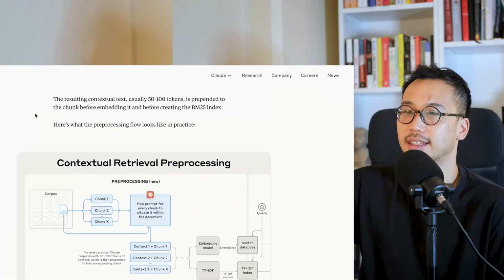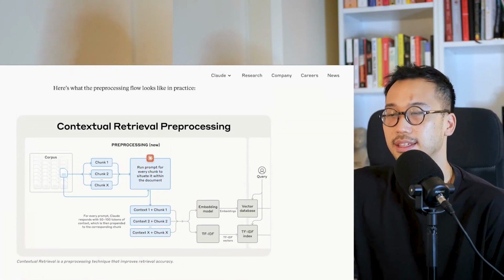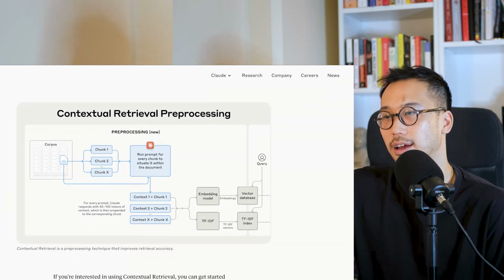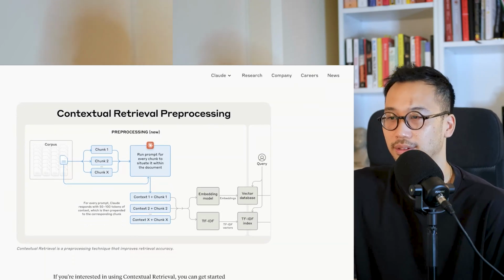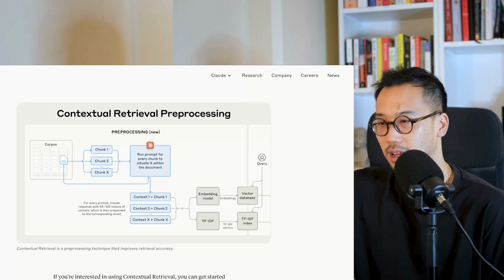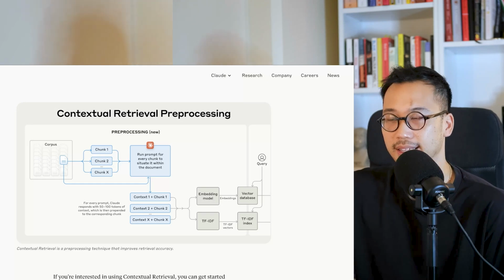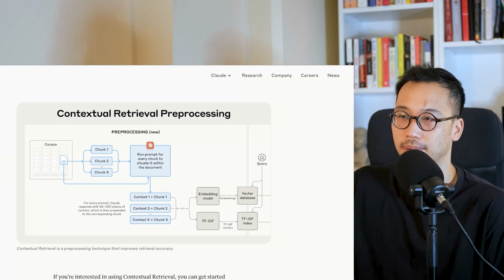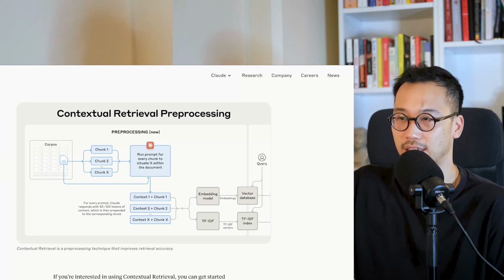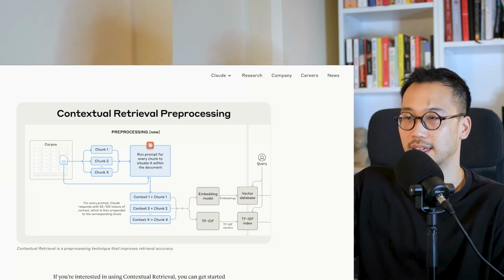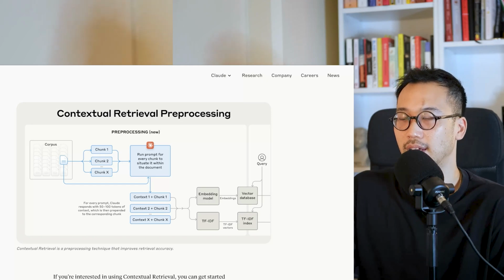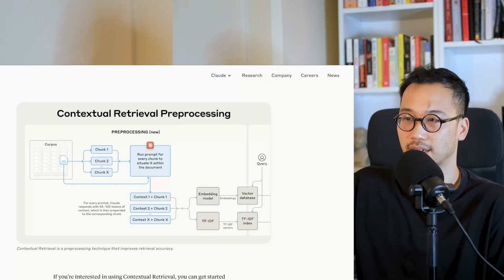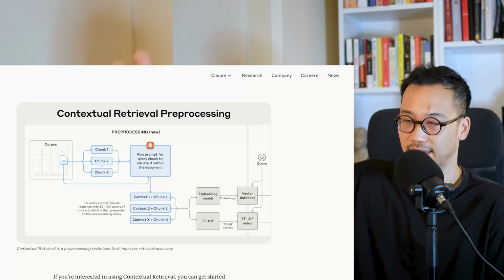Yeah, I think the last one I wanted to share was the Anthropic one, which was only published very recently, I think a few months ago. This is contextual RAG, right? My understanding is that, as we mentioned before, you chunk a document and then embed each chunk, which is a bit better than just embedding the entire document. But now, for each chunk, you run it through an LLM and give the LLM the context of the entire document.